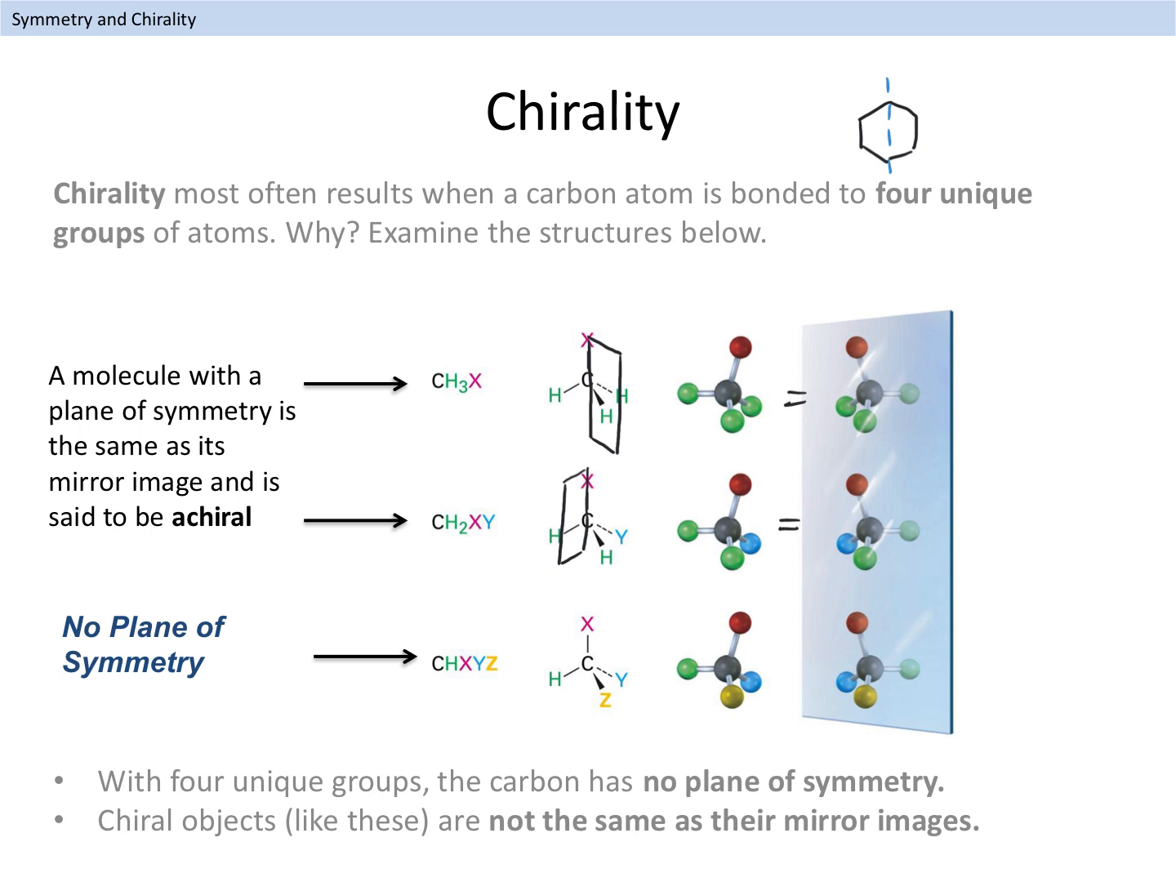Now, let's consider a molecule with a carbon atom bonded to 4 different groups, represented as CHXYZ. This molecule has no plane of symmetry, because all 4 groups are unique. When you look at its mirror image, you'll see that it is not superimposable on the original molecule. To understand this better, imagine trying to align this molecule with its mirror image. No matter how you rotate or flip the mirror image, you will not be able to make it identical to